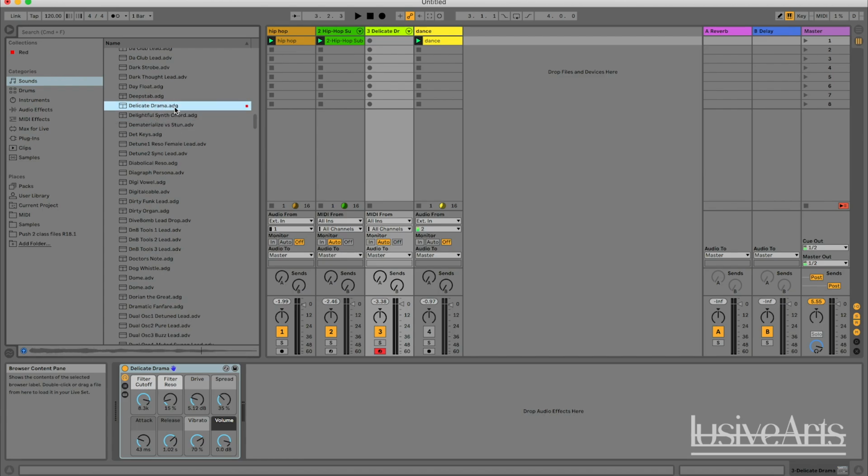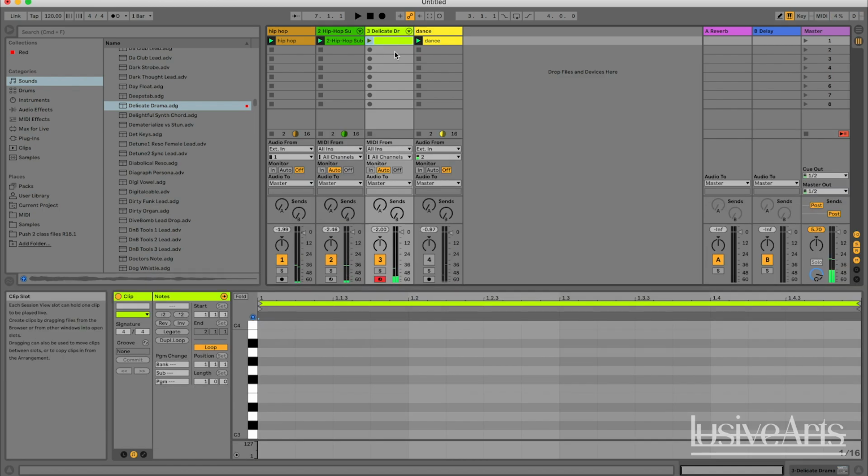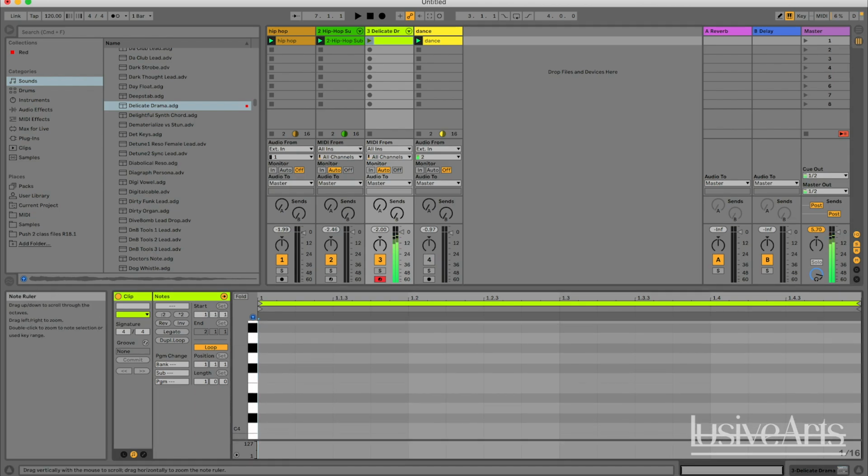But I found this one here called Delicate Drama. I've just dragged that into an empty MIDI track up here. Again, I'm just going to play around and find a melody that I like. This one here, I'm going to draw it in. So what you can do is, if you find a note that you like, keep playing it, and you can look for it